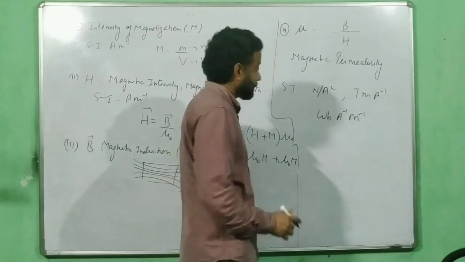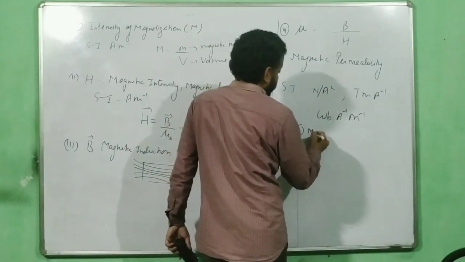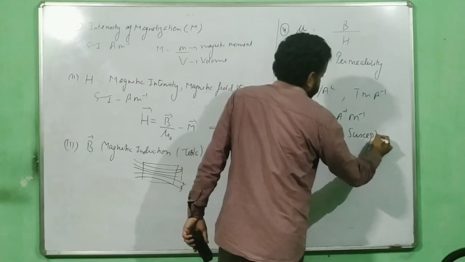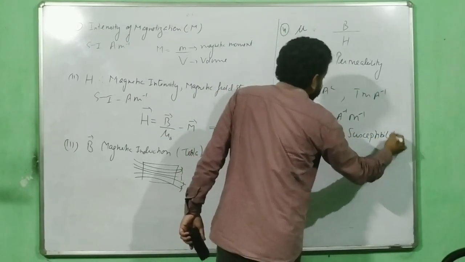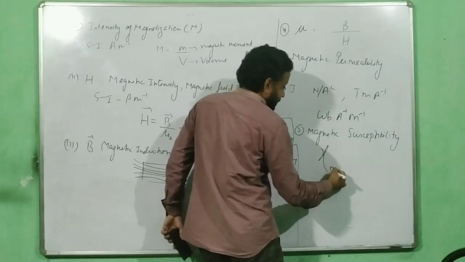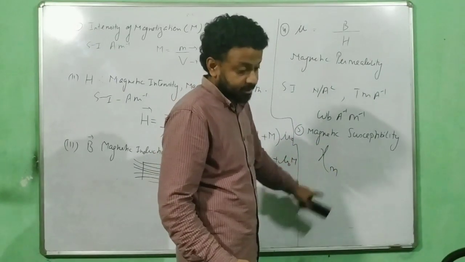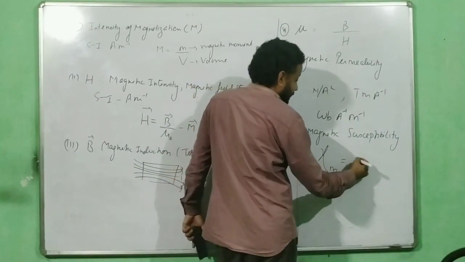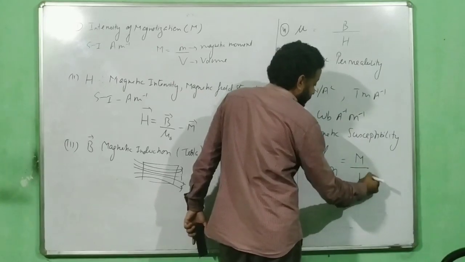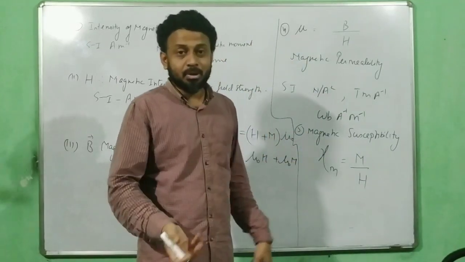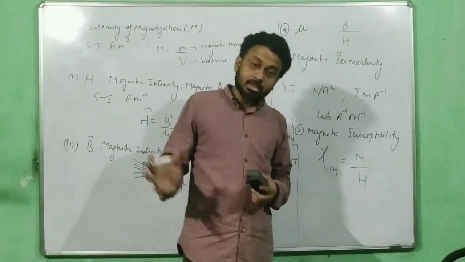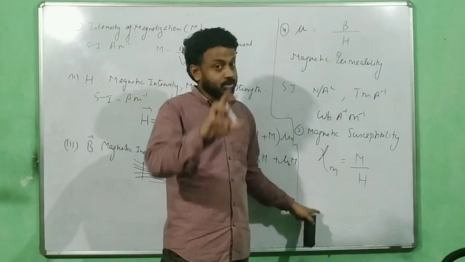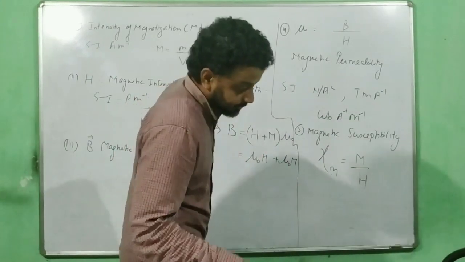Then you have number 5, magnetic susceptibility. This again is a ratio, which we call chi m. If you wish to write the m, you can; if you don't wish to, it's okay. It's again a ratio between M and H: how much magnetic moment per unit volume is present, relative to the external field I am going to supply. Definitely these two should have some relation, and we are coming to that part very soon.